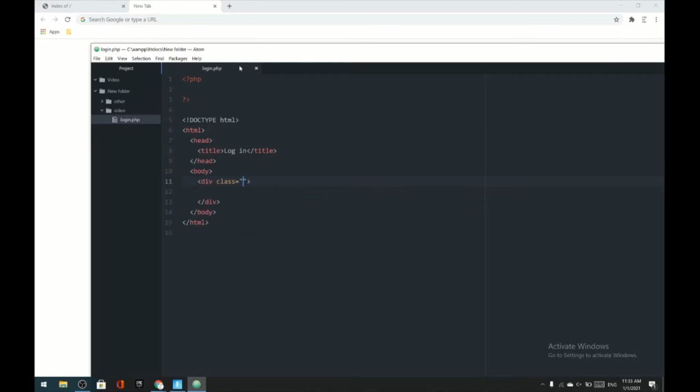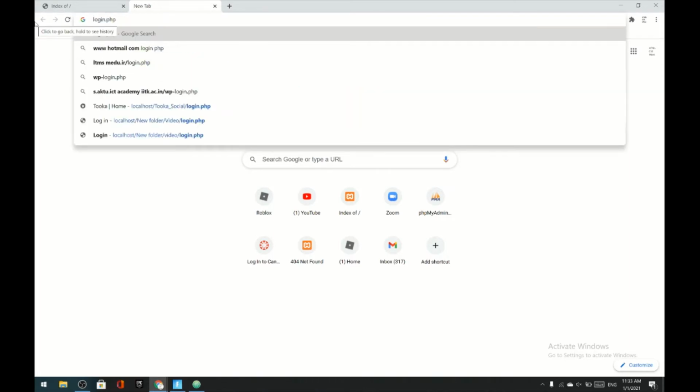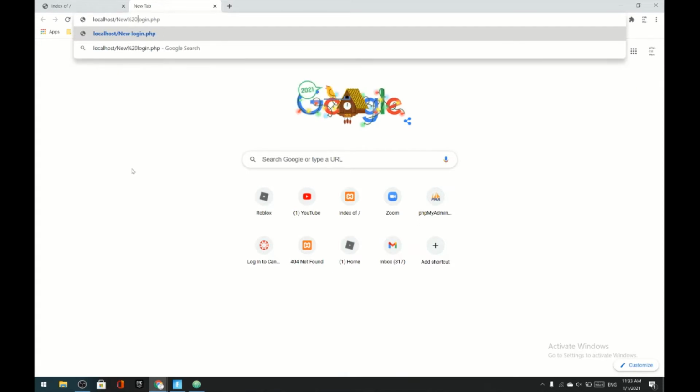Well, first of all, let's open up this page so we can see what we're doing. How you do it, you just drag it over to your search bar if it allows you to. Then you delete everything except for the login.php. You write localhost, slash, and my folder's name is new folder, so we could say new folder. If there's a space in your folder's name, you could write the percent sign and then 20, and then folder,